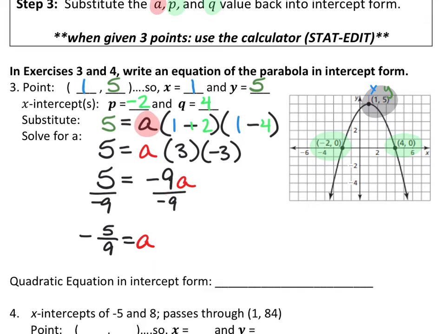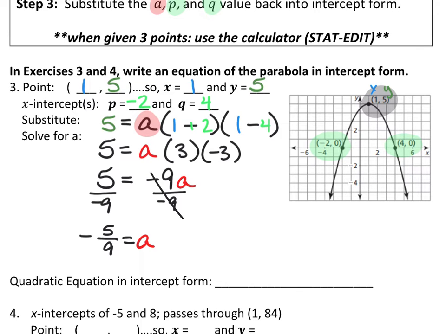From this step to this step, where'd the -9 come from? The 3. 3 times -3, isn't that -9? So I'm multiplying these two things together. I'm putting it in front. What's the very last step? Divided by -9. Okay, if we want to, we can cross those out so you can tell that's why we did that. And then we have the fraction 5 over -9, which doesn't reduce at all,